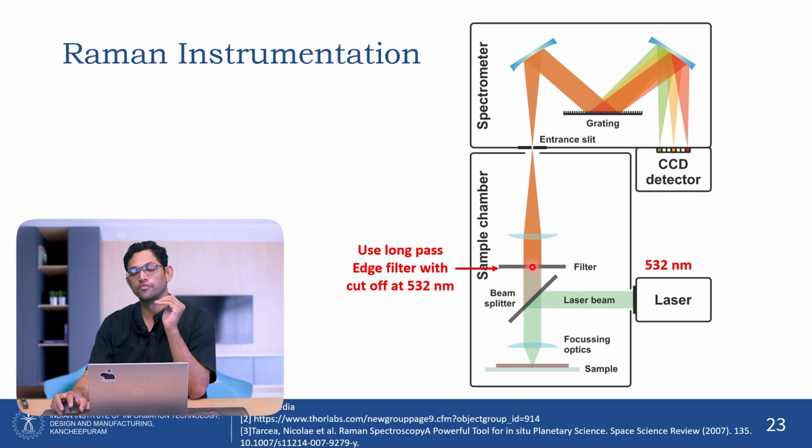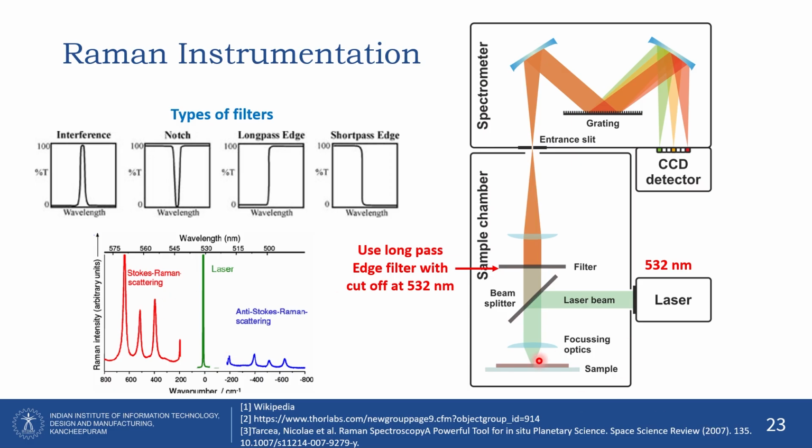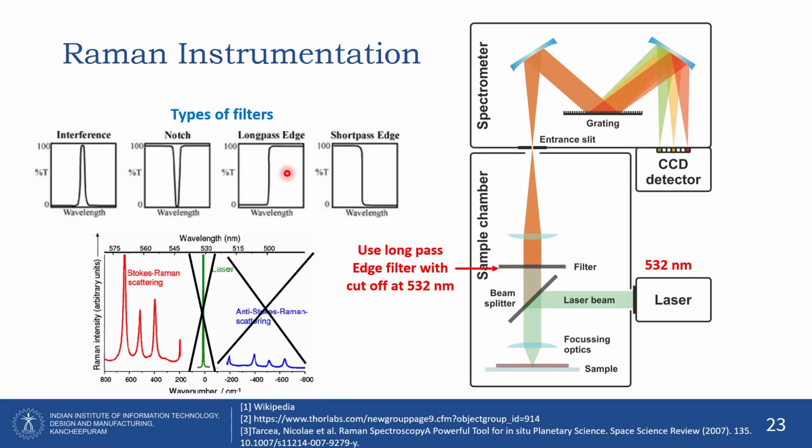Now this filter will filter out. When you see the actual signal from any sample, it will be all the 3 signals or 4 signals actually. You have the actual laser light source, you have the Raman scattered light, you have anti-Stokes, and also the fluorescence, autofluorescence. Okay, so you actually need to remove the original light source and the anti-Stokes scattered light and only focus on the Stokes shifted Raman scattered light. So how do you do that? You actually apply a long pass filter. Either you can use a long pass filter, or you use a notch filter